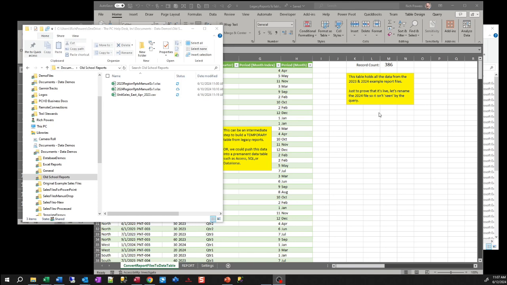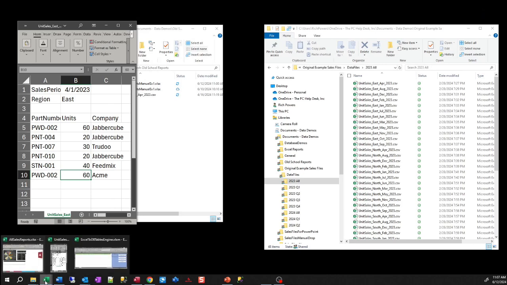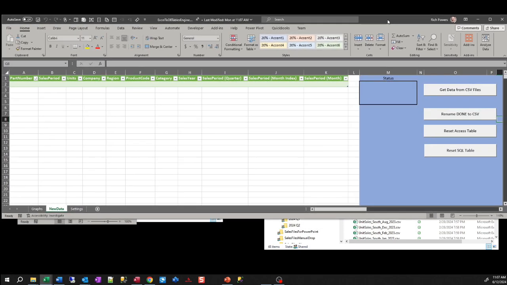So now let's take a look at a different way to go about this, one that will deal directly with the CSV files. So I'm going to close this, don't need that file anymore, and I'm going to pull up a tool that I wrote in Excel. So Excel can be used for a lot of things, obviously, but in this case, it's a tool to be used to go and aggregate a bunch of data,